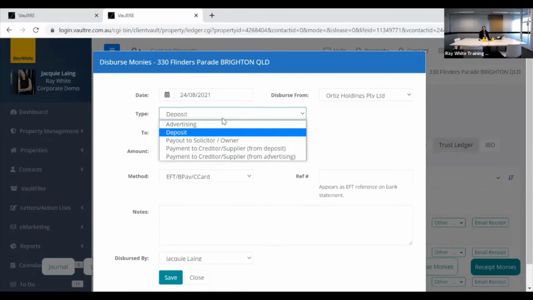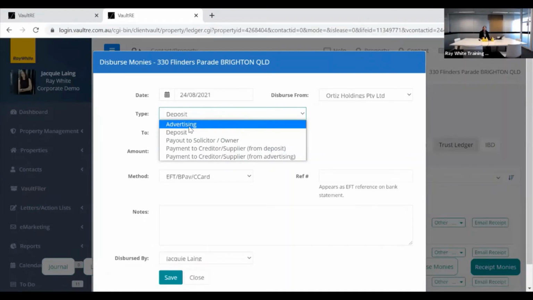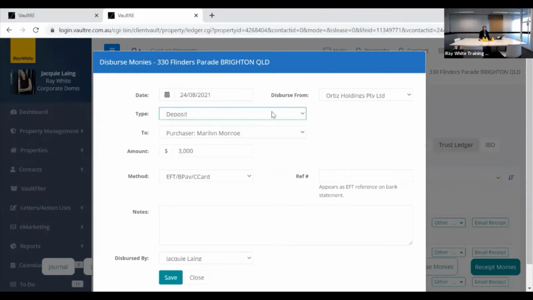in the first instance. If you use advertising and haven't receipted that in the first instance, you'll end up with negative balances in your advertising trial balance, because essentially you're saying you paid out money from advertising but you never receipted it in the first instance. So it's really important that where it's advertising money that's been deducted from the deposit, you're actually choosing the